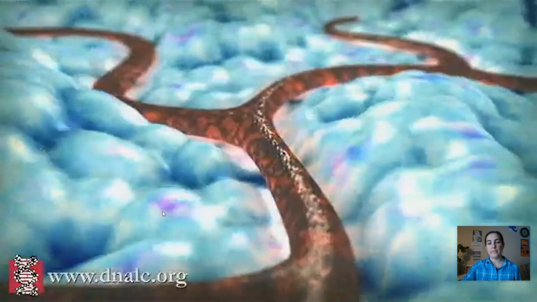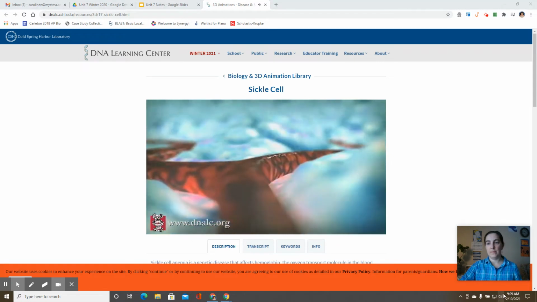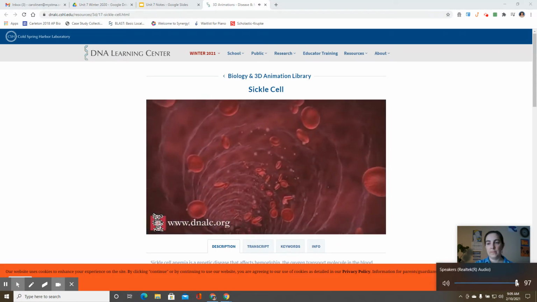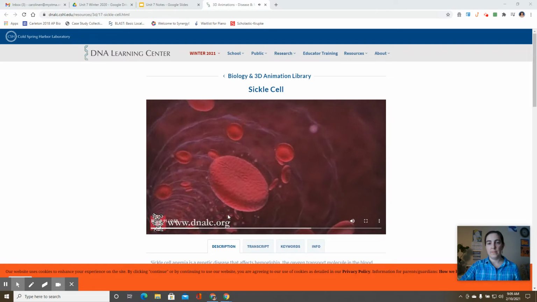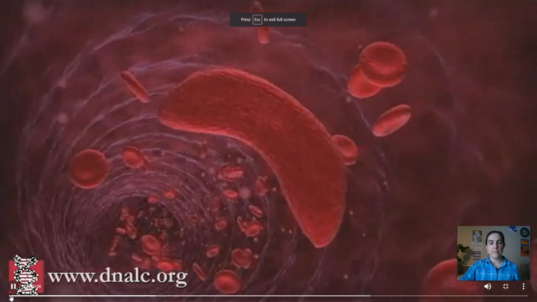Sickle cell anemia is a genetic disease that affects hemoglobin, the oxygen transport molecule in the blood. The disease gets its name from the shape of the red blood cells under certain conditions. Some red blood cells become